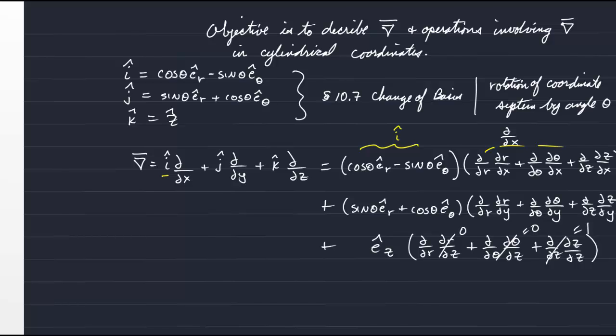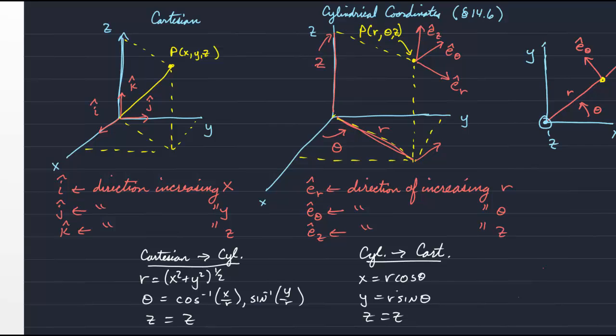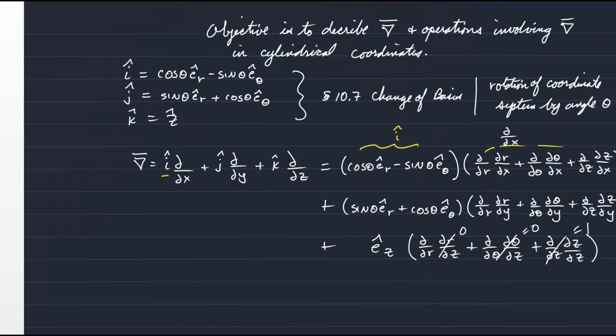And then if we go back and remember the relationships between r and x, r and y, theta and x, and theta and y, and use those relationships to determine these derivatives, it turns out that with a little algebra,